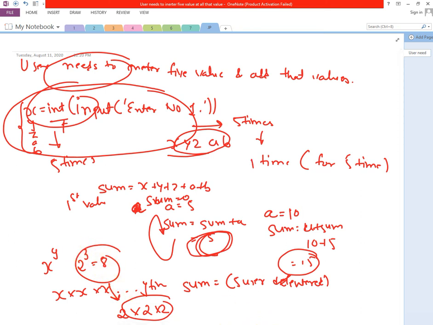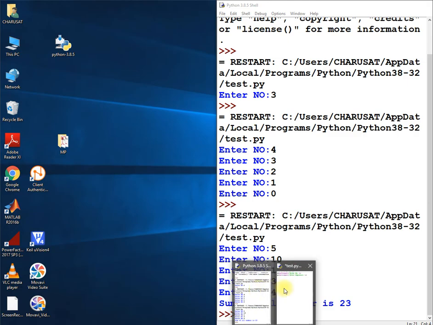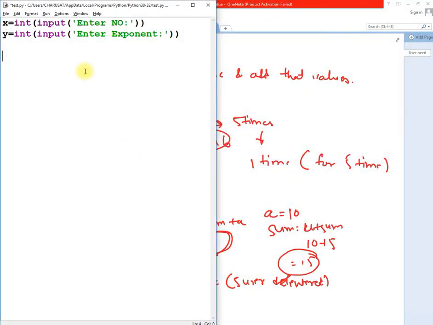So how to do that? It is very simple. What you will do is, I'll run a for loop. The simple way to do that is this: write a for loop, for i in range y.